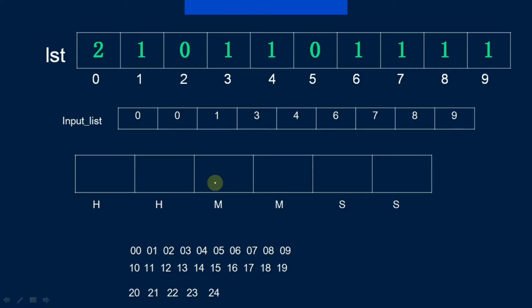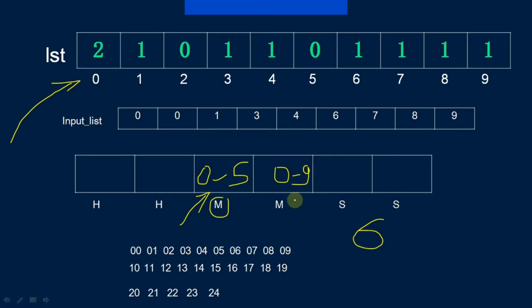If we talk about minutes, let's see what we can store at the third index. At the third index we can store values between 0 to 5. So we will look for the maximum value between 0 to 5, and if we get it, we can store it at the third index. Why can we not store 6? Because if we store 6, whatever we store here will not be valid minutes. That is why we are looking for values between 0 to 5 at the third index. Whatever the value between 0 to 5, we can store at the fourth index a value between 0 to 9, and that will be the valid minute.